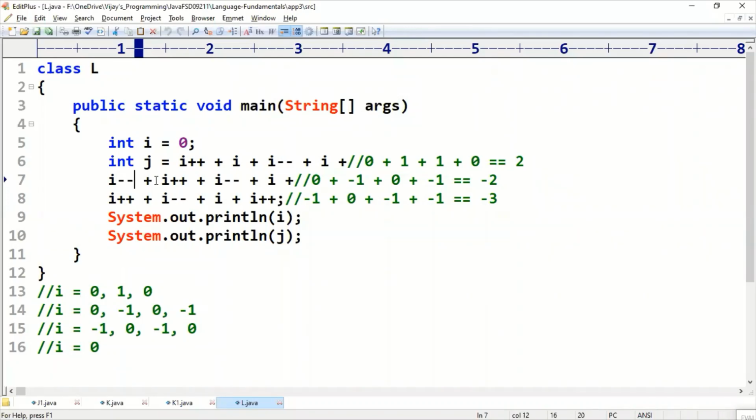Plus, current i value is what? Minus 1, but i is becoming 0, but applying here it is the previous value only, that is minus 1. Now current i value is minus 1. Minus 1 is becoming